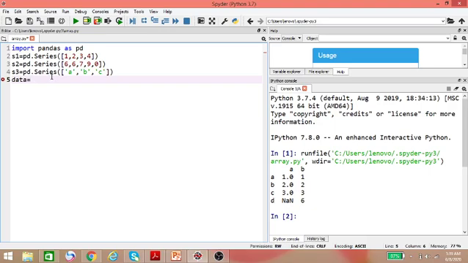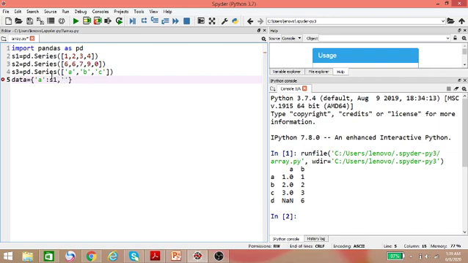So data is equal to a dictionary, and in this dictionary I am using three key value pairs. In the first key value pair, to key A I am providing S1 as the value.